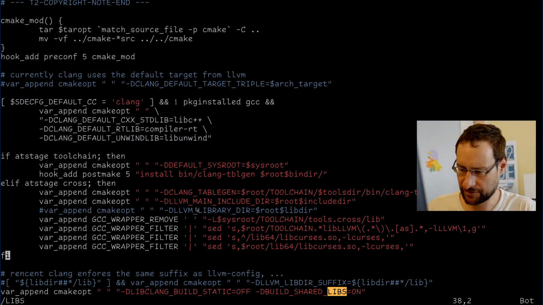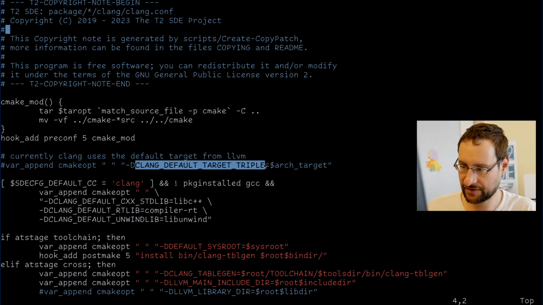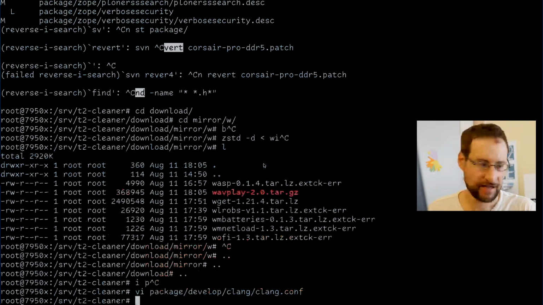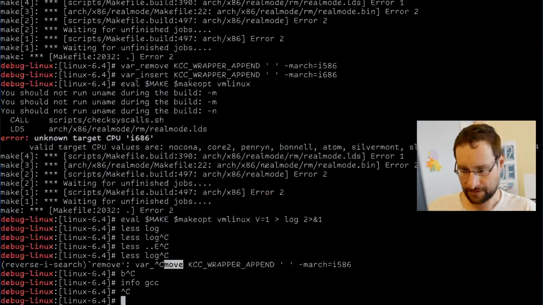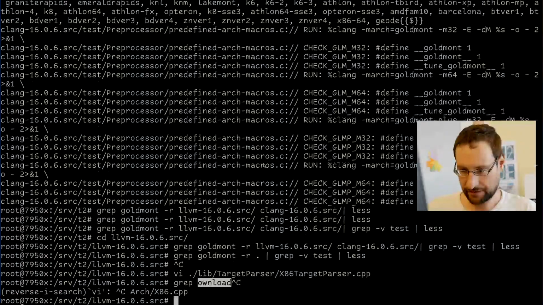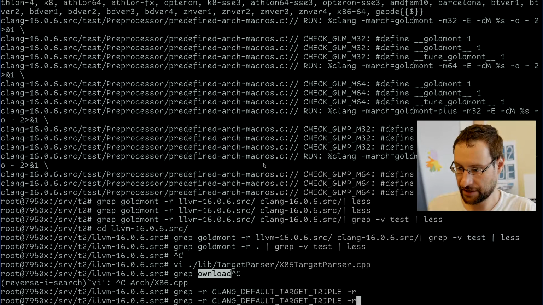Once upon a time they used LLVM config, except when they don't. Like here, once upon a time they had this and then they didn't, and now it's broken again. And that is the thing, right? Many things over 20 years I fix 3 or 8 times, right? Or it doesn't. Absolutely mental. Okay, yeah, it doesn't have this anymore.